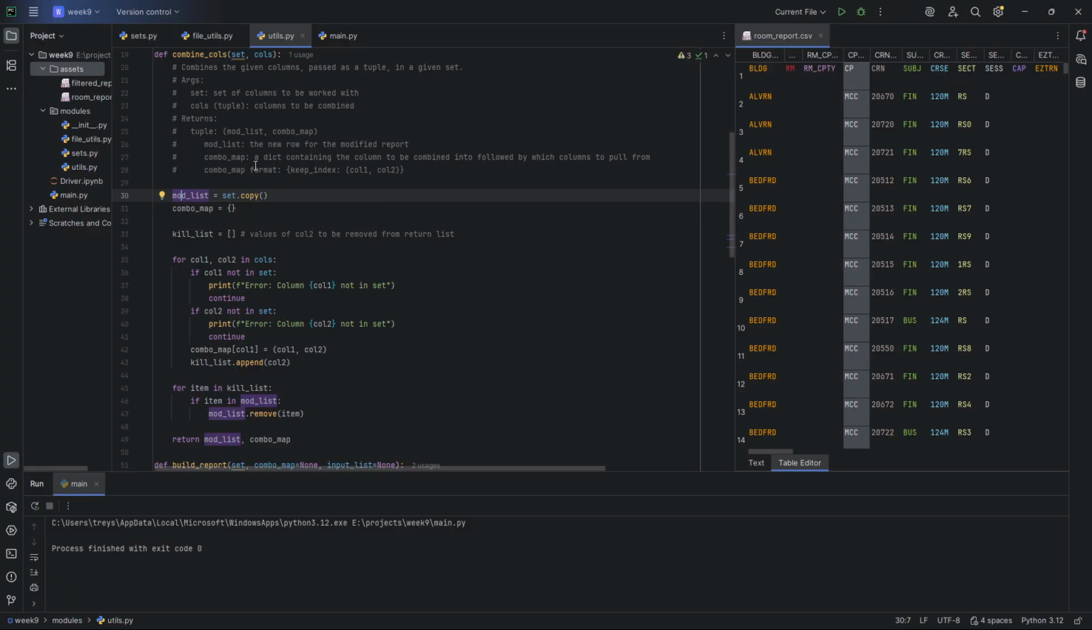modified list, which is just going to be a copy of the set that we pass it, which is going to be one of the sets from the sets.py, right? One of our working sets. And then the columns, which is going to be a tuple of the columns that you want to be combined. And then it's going to return a tuple of the modified list, and then a map of